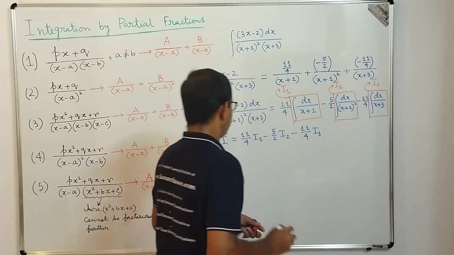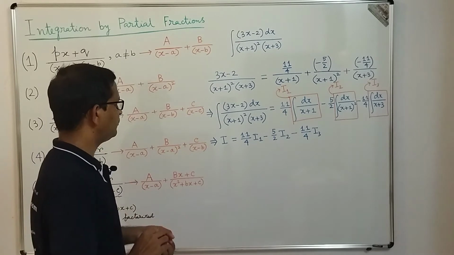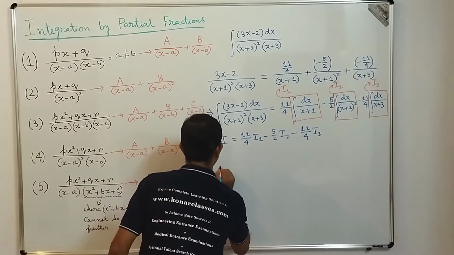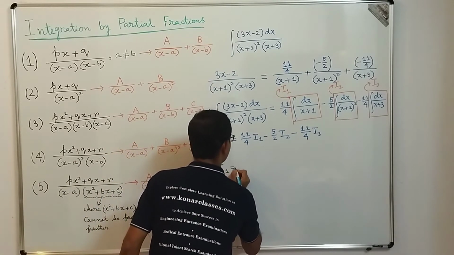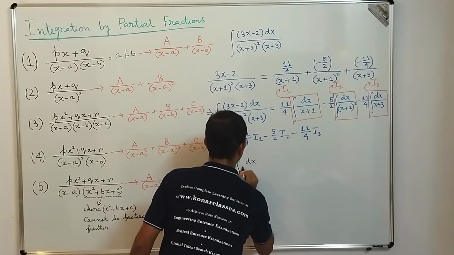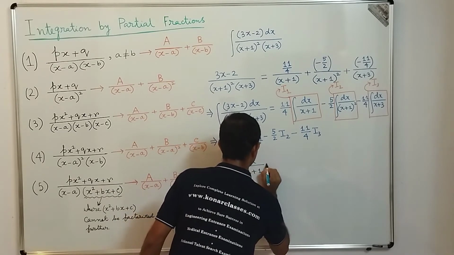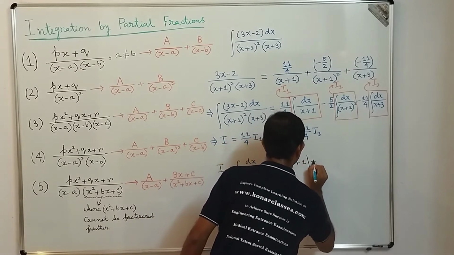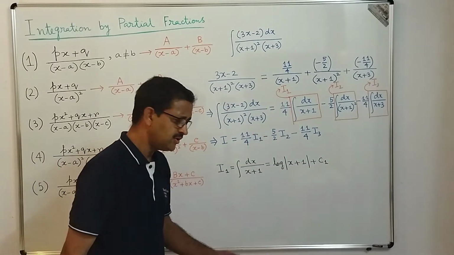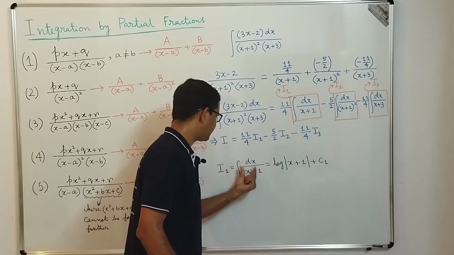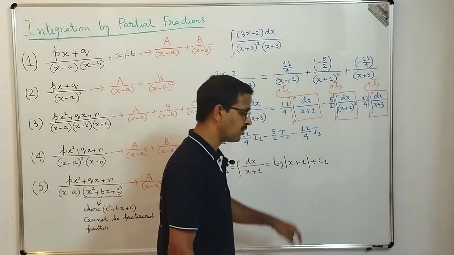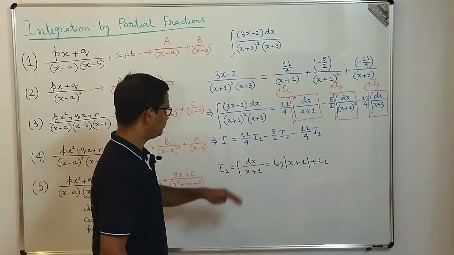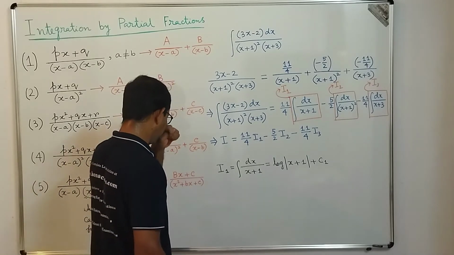Now finding the value of I1, I2 and I3 is pretty simple. So let's find the value of I1. I1 is equal to integration dx by (x plus 1). So that is equal to log of mod (x plus 1) plus c1. If someone of you is not comfortable with this, that how come integration dx by (x plus 1) is equal to log of mod (x plus 1), I suggest you to please look into my other session in which we have discussed the method of substitution, then it will be clear.